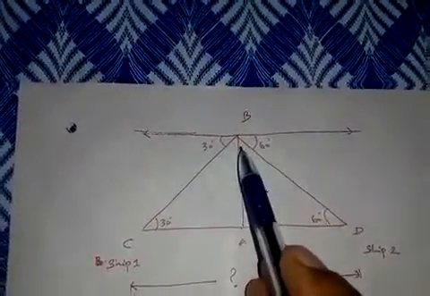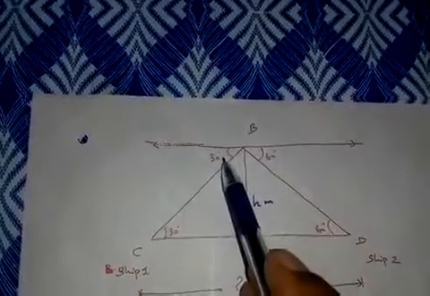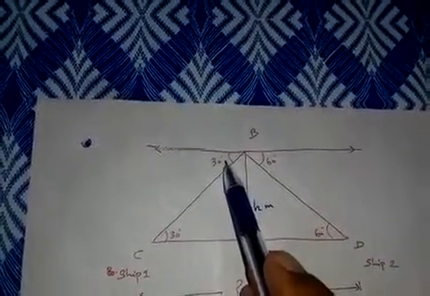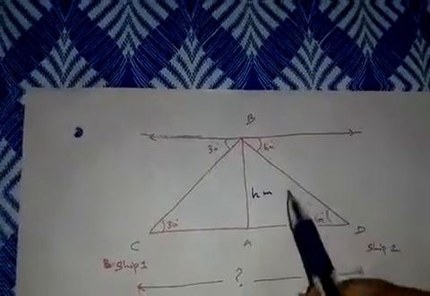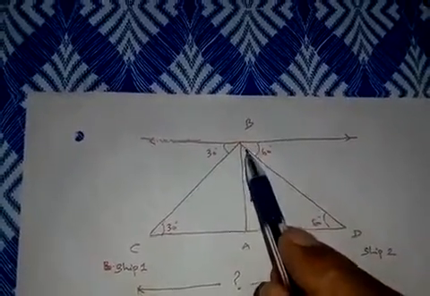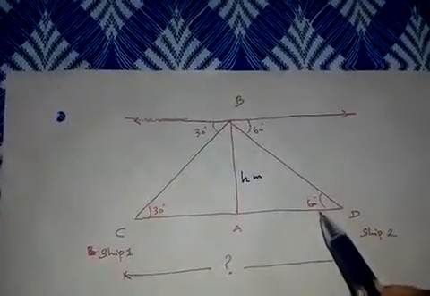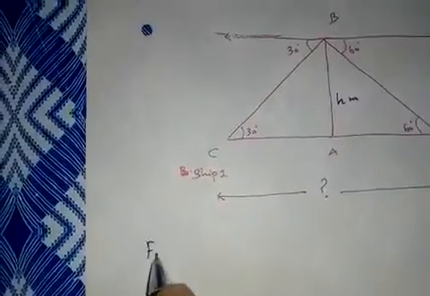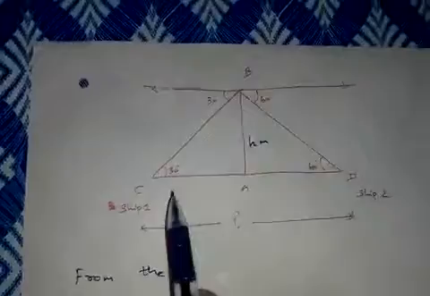So according to the alternate angles concept in the transversal, when the depression is 30 degrees, here it will also be 30 degrees. Another ship is seen from the top of the lighthouse, and the angle of depression is 60 degrees. So according to the alternate angles, this will also be 60 degrees. So from the figure, we have to calculate the distance between the two ships.